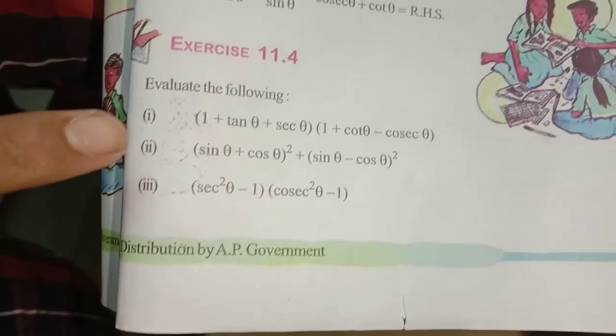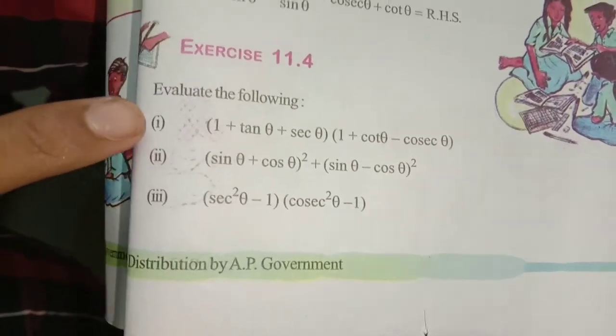So friends, here there are totally 3 bits in the first sum. I have explained the first bit and second bit, and you have to do the third bit, because if you do it on your own, you can improve your creativity. So you have to complete your third bit as homework. If there is any doubt in doing that, you can ask me in the comment section below.